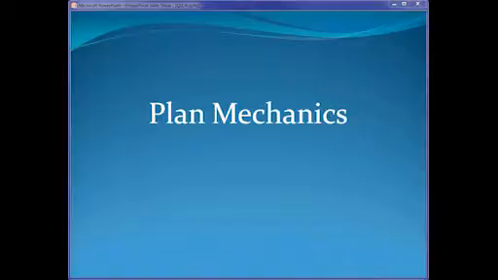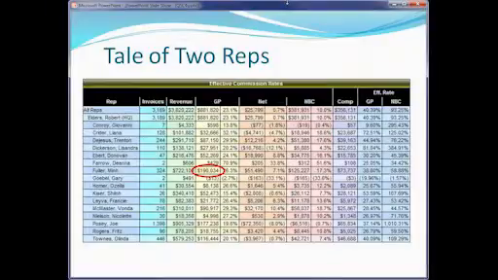So today we're going to look at the mechanics that you can employ for that and why those things are necessary. And that'll lead into next week's session where we'll look at the actual spreadsheets and the actual mathematics, and how to choose the numbers that you're going to use with the plan mechanics so that you can design your own plan. So the first thing I wanted to do is talk about two reps